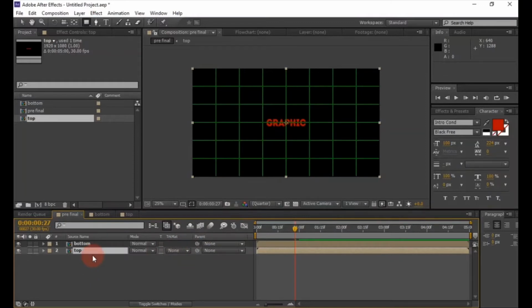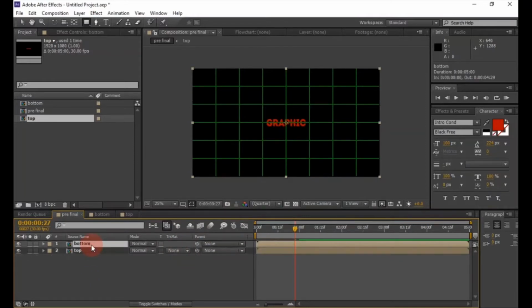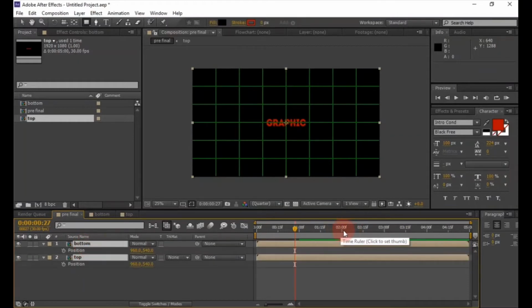Now select both layers, then press P to open position, then go to 2 second position and change the Y position value of bottom layer to 570 and Y position value of top layer to 510.